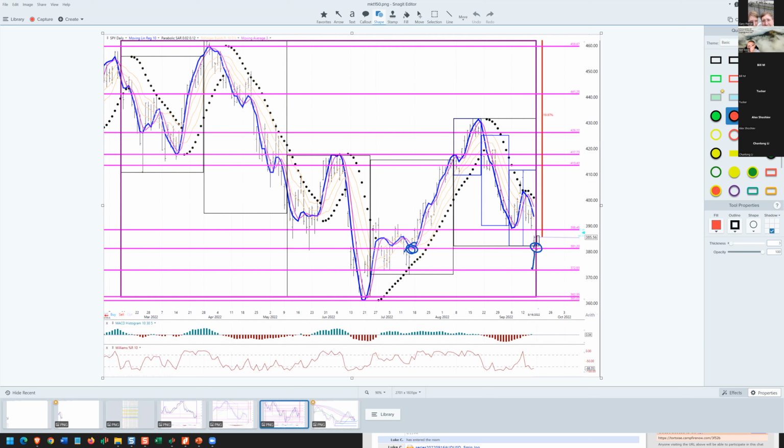And then if that fails, it comes down to test this support level pretty fast. That's a former 30-day low. That's like a 60-day low right there. But that's trouble. And then if that fails, it's down to this PSAR flip and RL10 bottom, and that's also the 150-day low here. And if this breaks at around 360, whew, not so much.